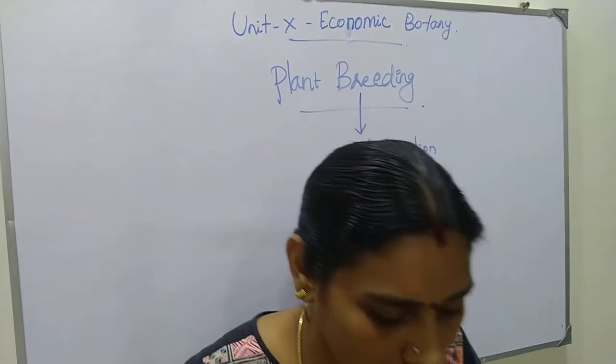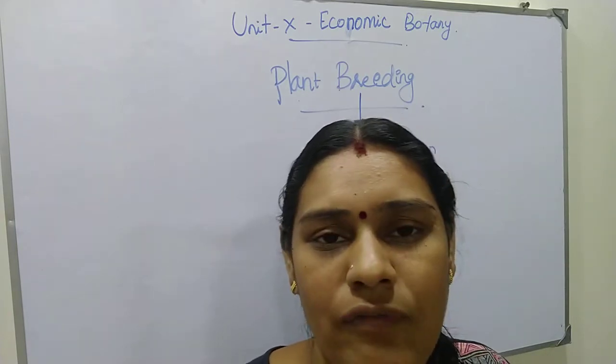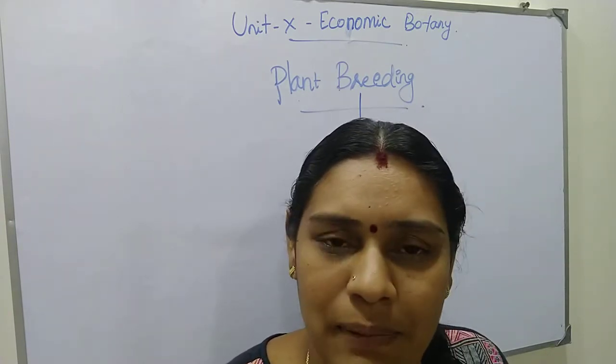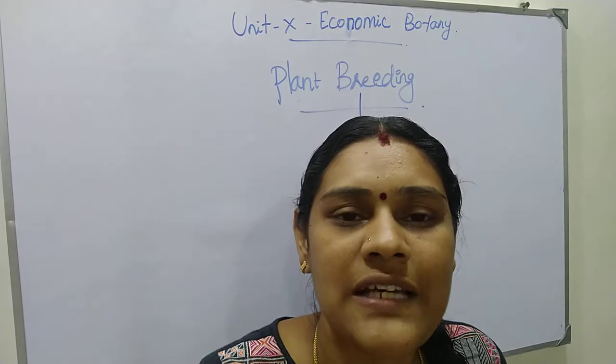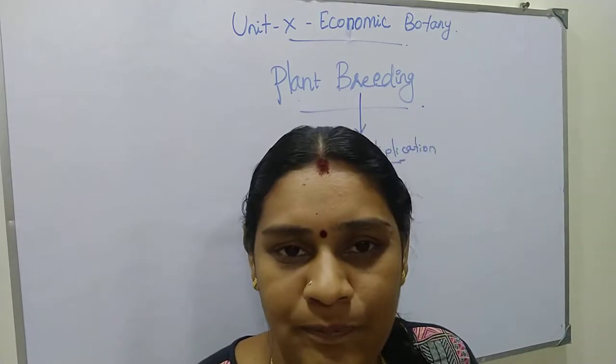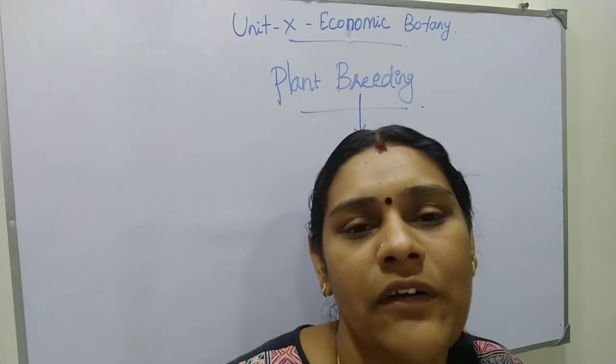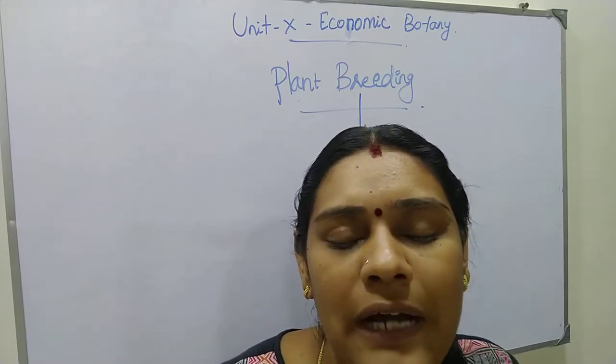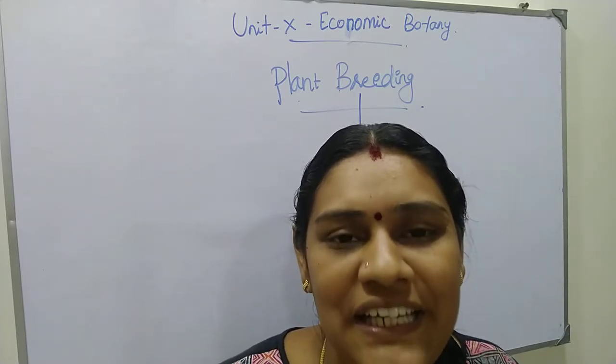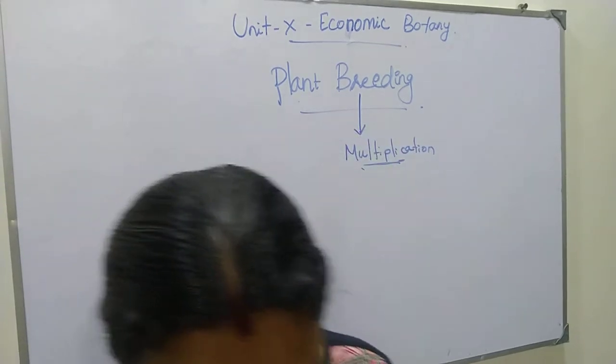After that, I'm coming to the domestication of plants. Domestication of plants means plants that come under human control. So that is called domestication. Why do we have to control the plant? First we have to control the plant, then we have to do the